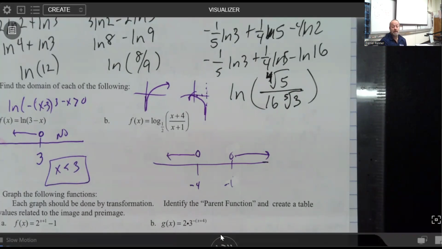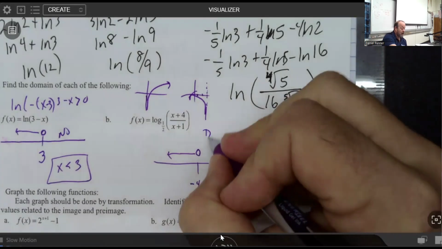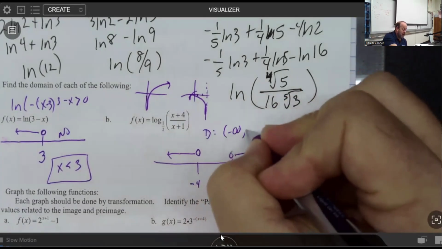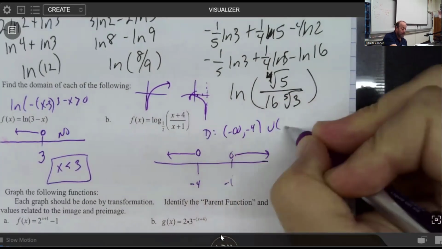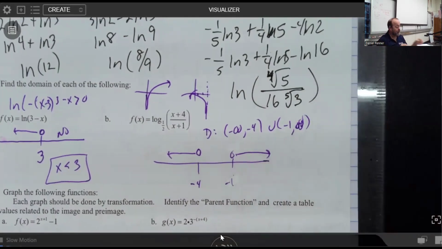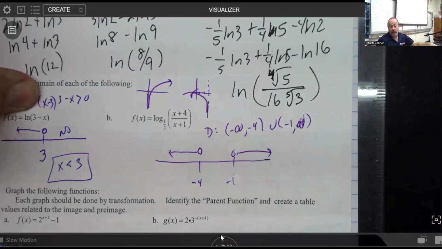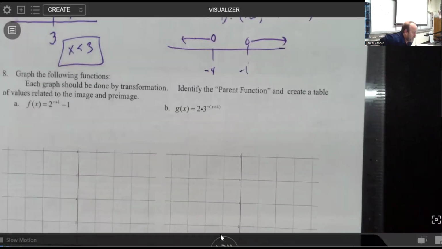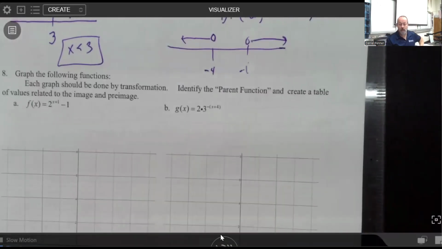But I just cannot be somewhere in the middle. So my domain would be all values from -infinity to -4 or from -1 to infinity. And that would satisfy my story. Okay. Now, when it comes to graphing, what we talked about here is making sure we have a quick little